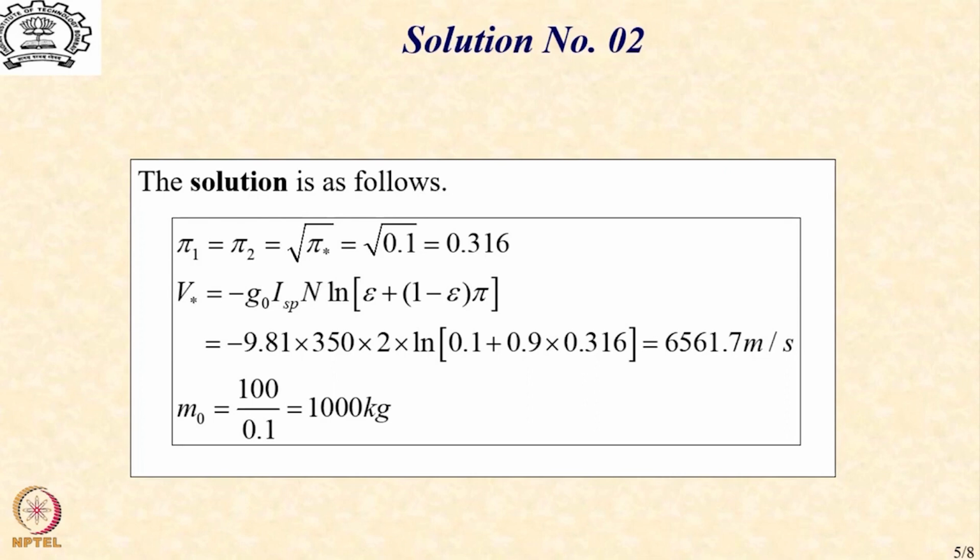If we compare these two problems, we find that in the previous problem, a structural efficiency or ratio of 0.2 and an Isp of 200, when changed to a structural efficiency of 0.1 and an Isp of 350, we are able to launch a 100 kg payload with a 1 ton rocket, and which also has a velocity which is higher than 6000 meters per second,